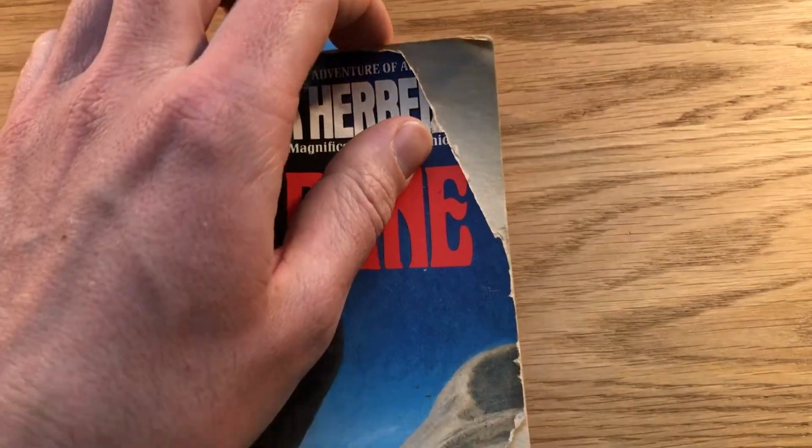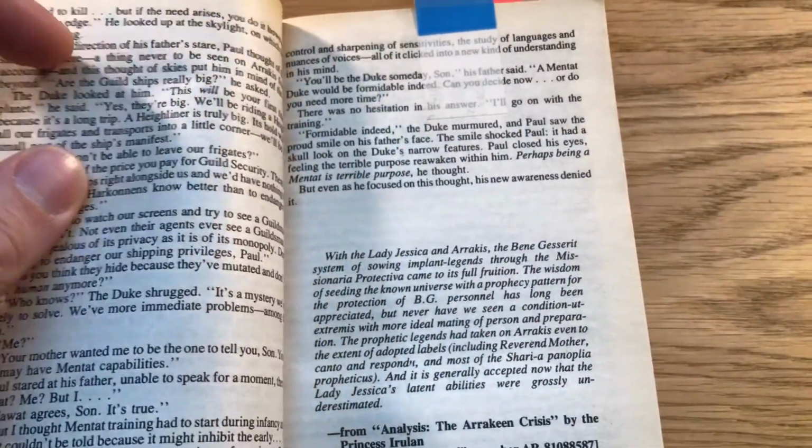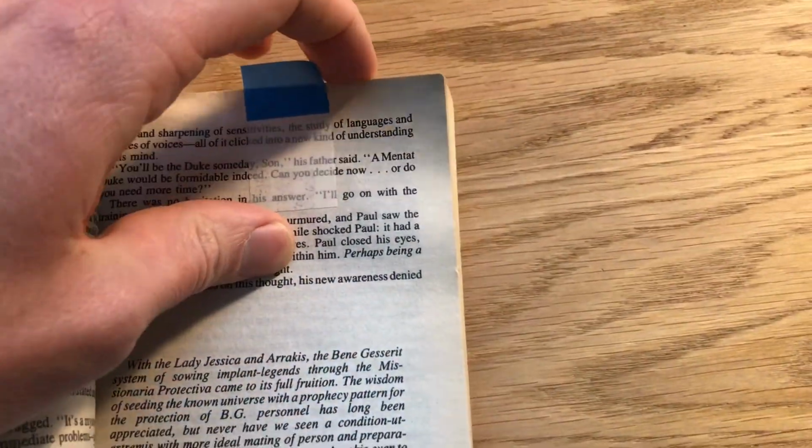I like tracking my reading because it motivates me to read for longer and to return to my books more often. I also use 2 bookmarks when I'm reading to set little mini goals as I read. So I might place a bookmark where I plan to stop and then see how long it takes me to